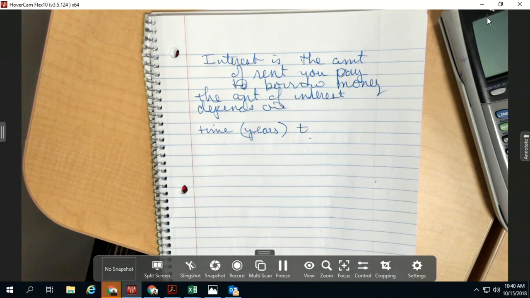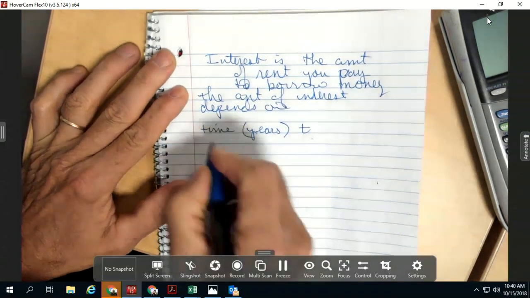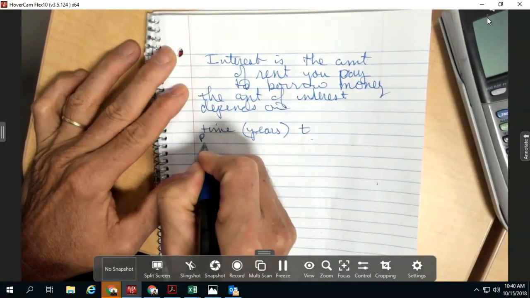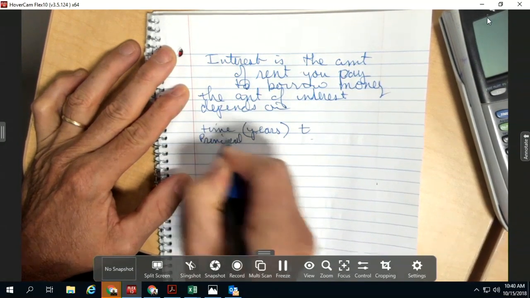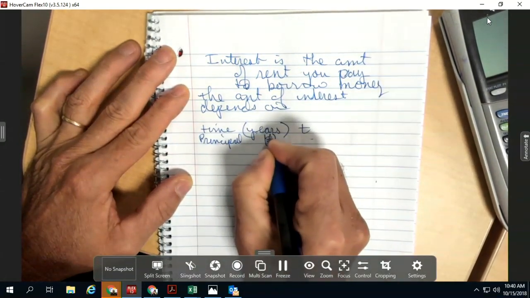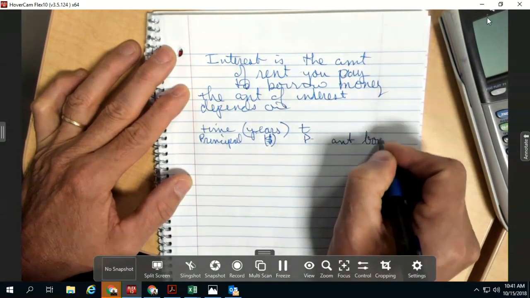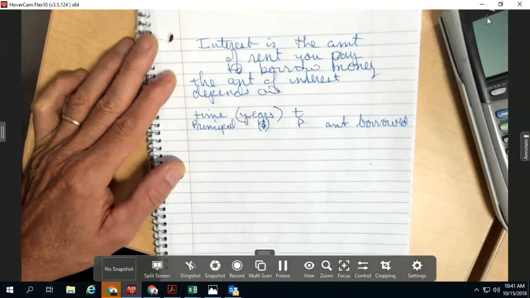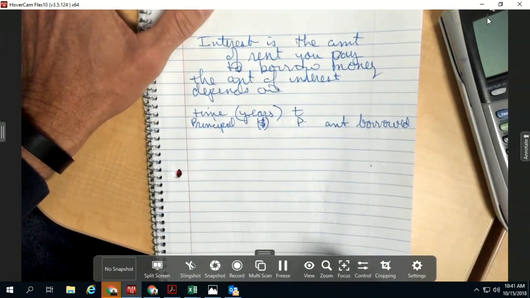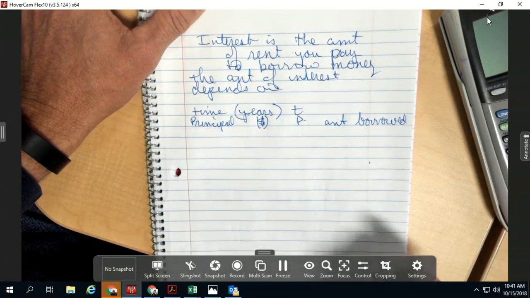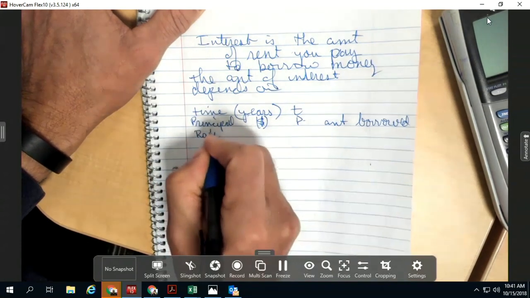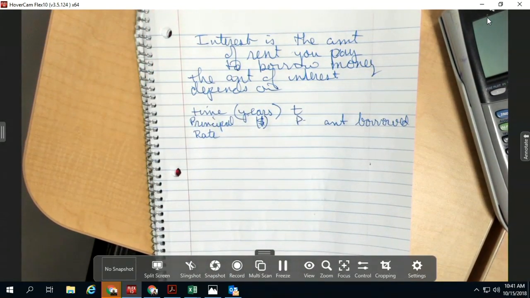So time is one element. Let's think of two more. Total amount borrowed. Okay, so the principal is in dollars. It's abbreviated P, and it's the amount borrowed. And one more. Interest rate? The rate. Oh, so like for instance, I could have borrowed $1 million, and that's why my interest was $42,000. Now, that wouldn't take very long until you would owe $42,000 if you had a principal of $1